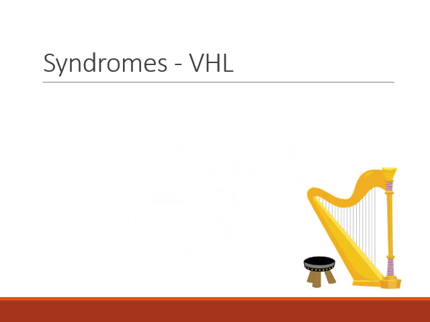We've already met VHL when we talked about clear cell RCC, which is caused by inactivation of the VHL tumour suppressor gene on chromosome 3. So VHL is a disease of multiple tumours because you are inactivating a tumour suppressor gene. These tumours are both benign and malignant. Trying to memorize them all is a colossal waste of your time, so I've summarized the key lesions for you